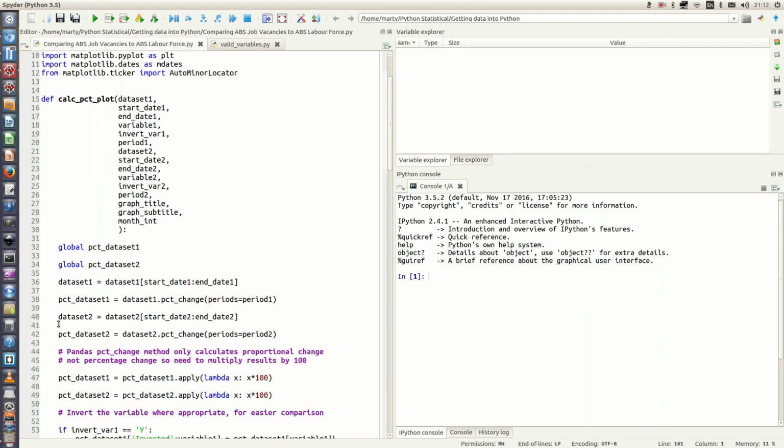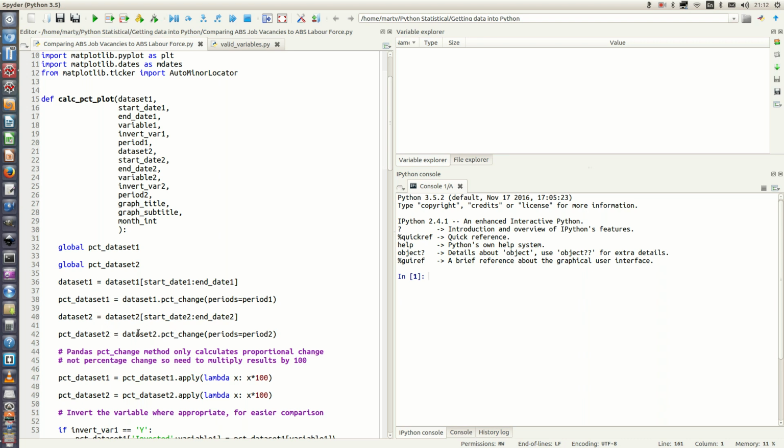And I do the same for the other time series dataset, which is why we have dataset 2 and then PCT_dataset 2 as well there. And these have been defined as being global,